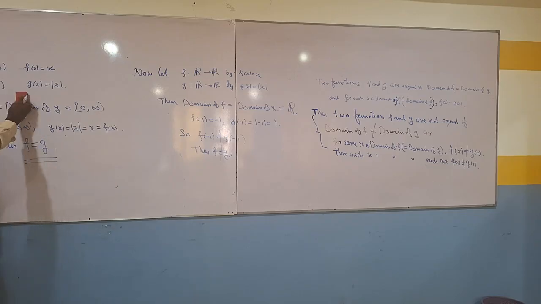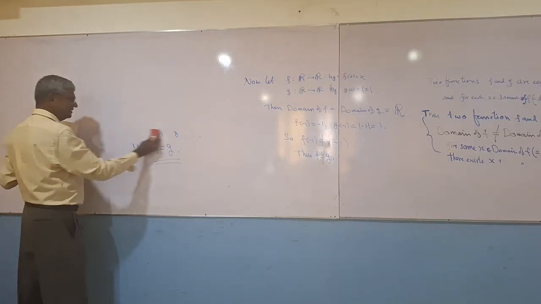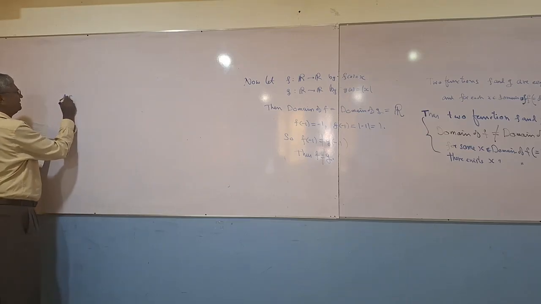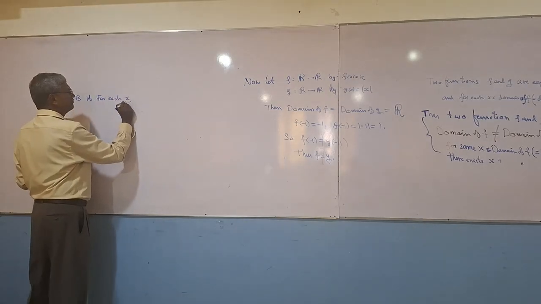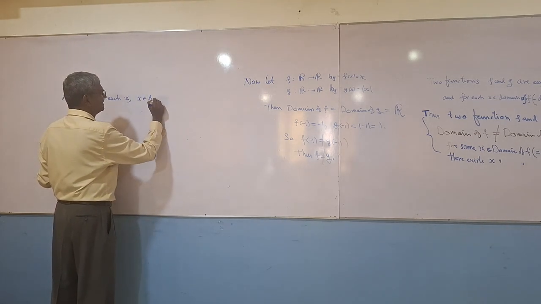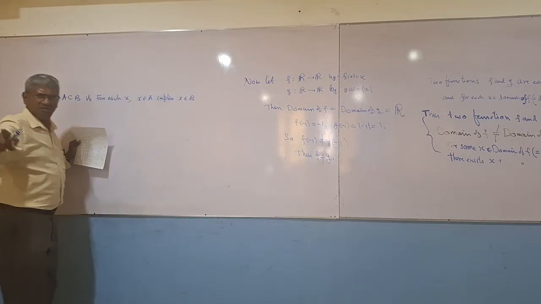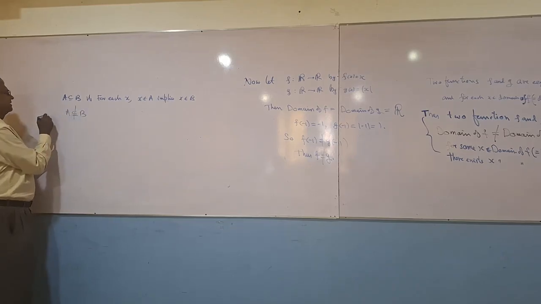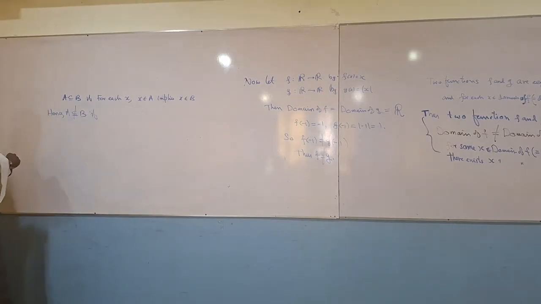Let me write it again to make sure that you get it. We say A is a subset of B if for each x belongs to A implies, I don't like this symbol, but doesn't matter anyway, implies x belongs to B. Now, A is not a subset of B if,